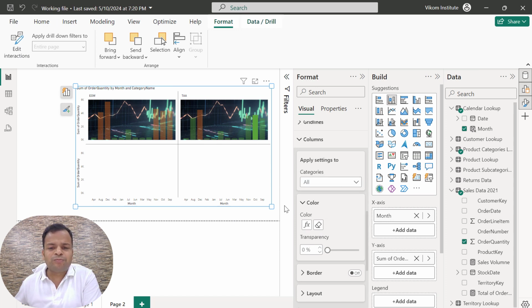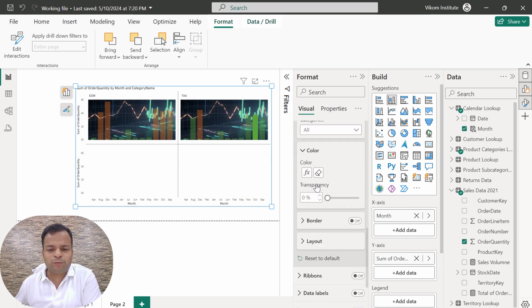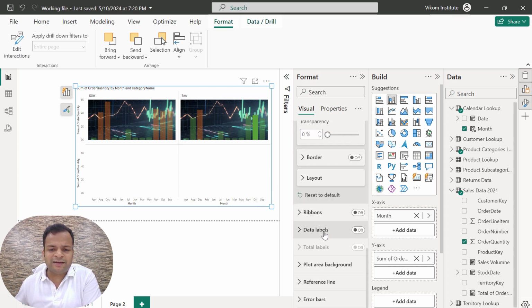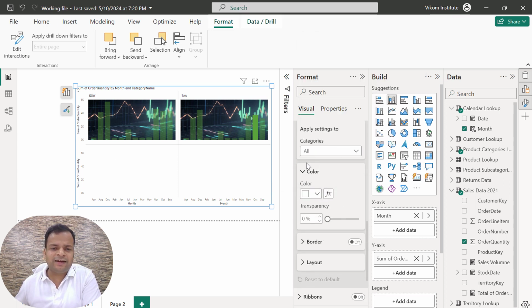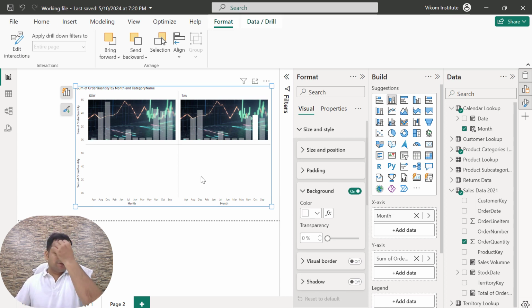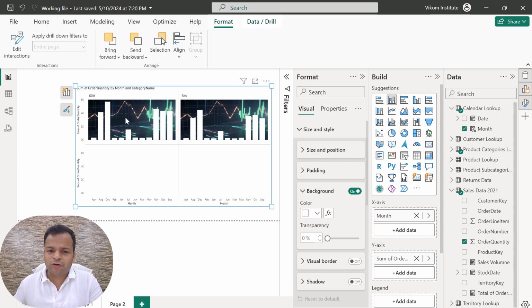If you want to restore your chart back to your position, you can do so by here reset to default, and you will see my conditional formatting has gone. And let's say again I'm changing this color to white, and this time it is going to show you like this. See, I have clicked on one column, so it is going to highlight that column. If you will, let's say, have data in matrix or tabular form, then it is going to filter out that matrix and table also. But I don't want that. Simply click outside, and you will see here all columns are white now, so it is working fine.